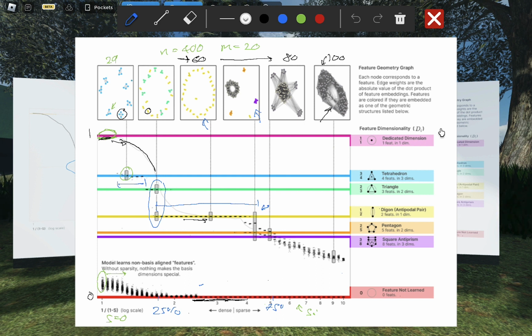Sorry, but I thought each point in this represents a vector, right? But it isn't actually the vector. Yep. And then the lines are just the dot products between each of the vectors. So there doesn't need to be a projection, right, to make that plot. This is just saying that there's some sort of 25 kind of special features, and then a whole clump which are really strongly overlapping with each other, right? Yeah, but it